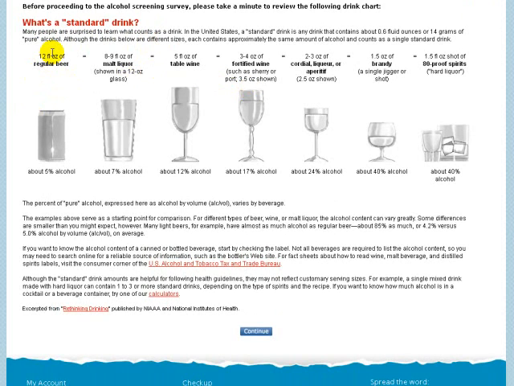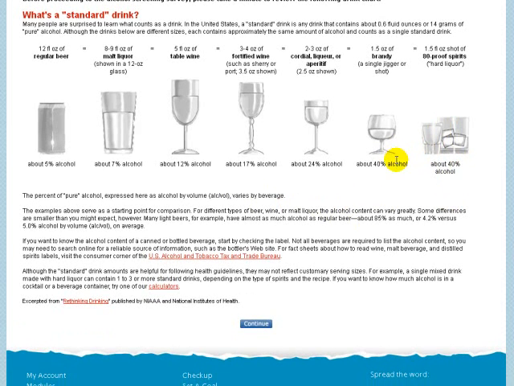So a standard drink, if you're looking at a 12-ounce glass of beer, contains the exact same amount of alcohol as a 5-ounce glass of wine, and that in turn contains the same amount of alcohol as 1.5 ounces of 80 proof spirits. So it's just designed to let people know what is meant by a standard drink when it comes to the